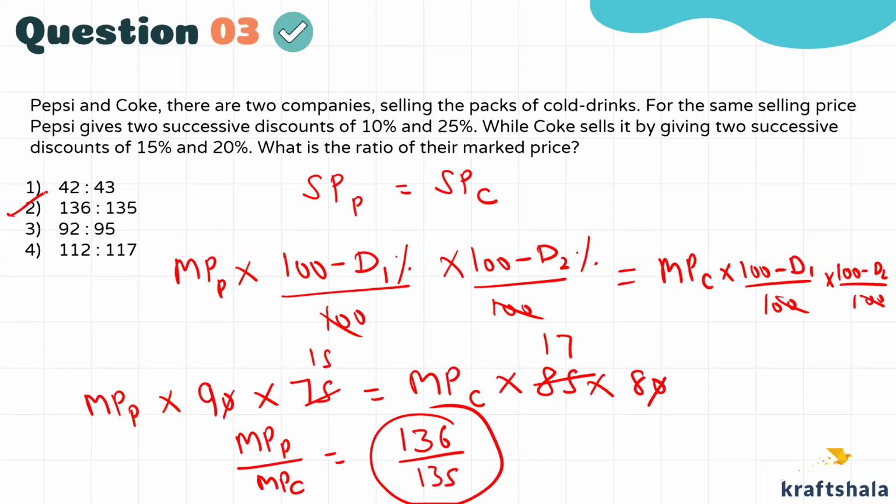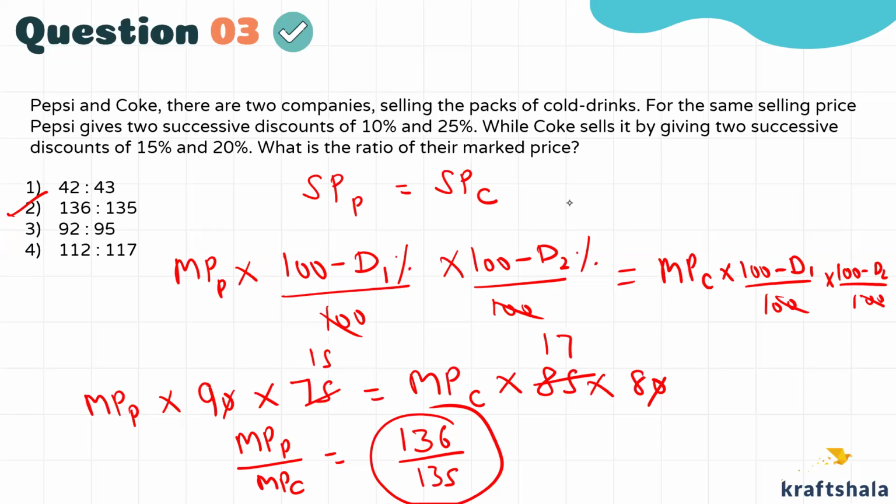So as you can see again, on the same logic the question was based. So as I told you, SP का जो relation है with profit percent, loss percent, discount percent, that is what they'll be asking you in the exam. So both these questions captured the essence of this topic. Right? Any doubts? If you have, let me know.